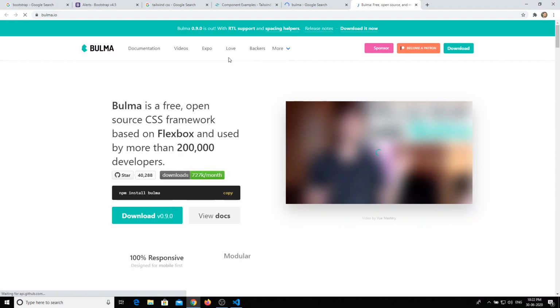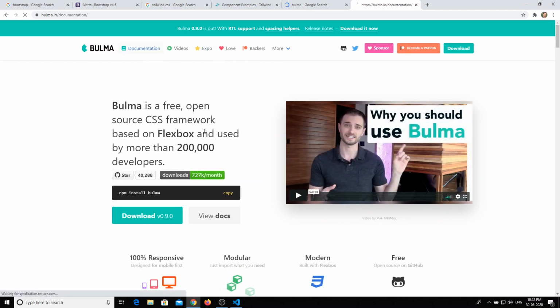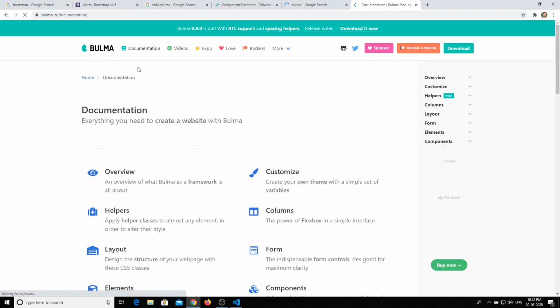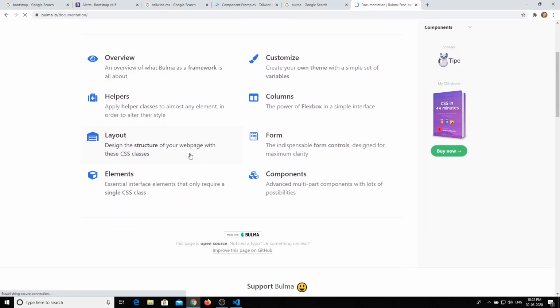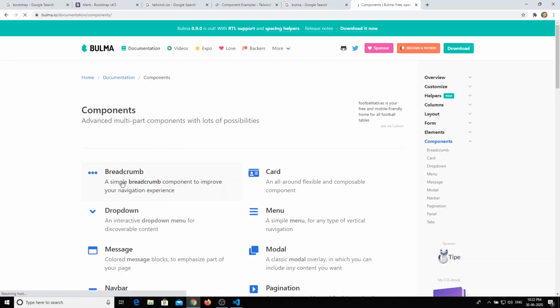Wherever you go, you will see these components. If you go to the documentation here, this is also a flexbox implementation of a CSS framework, and here also you'll see multiple components, like the card component and everything.